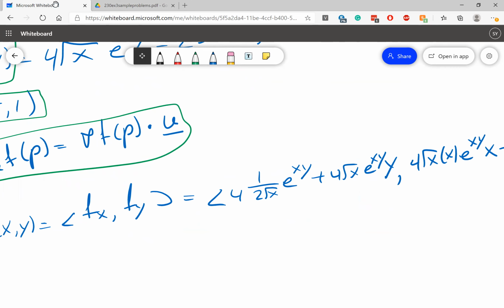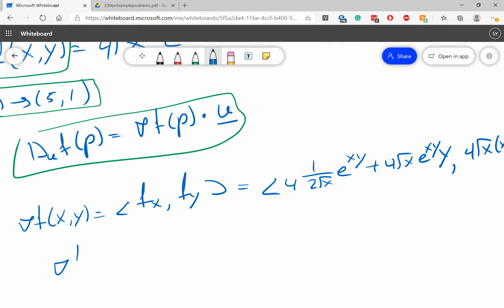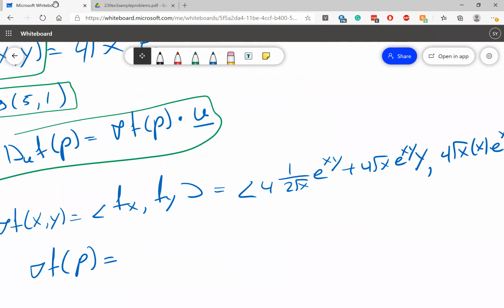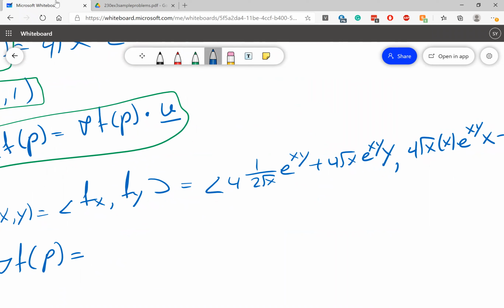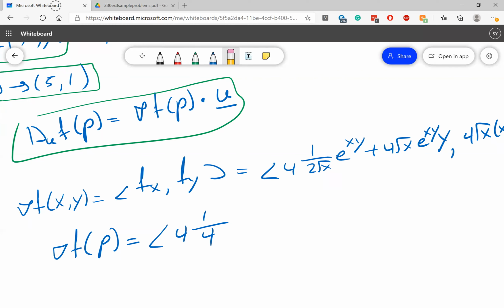Okay, so the gradient of f at the point P, and P is the point (4, 0), is going to be: 4 times 1/4 e to the 0, which is 1, plus 4 times 2, and now y is 0, so this whole thing is going to be 0. Okay, that's the first coordinate. So the first coordinate is going to be 1,